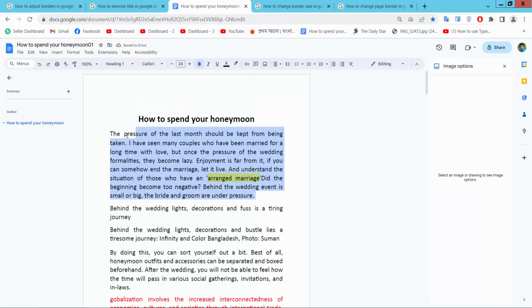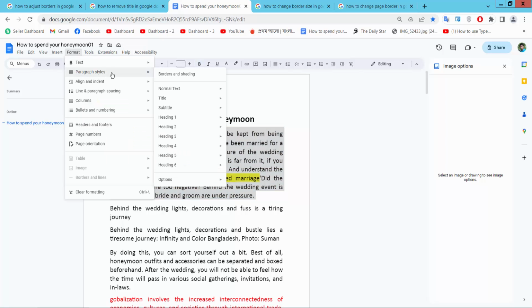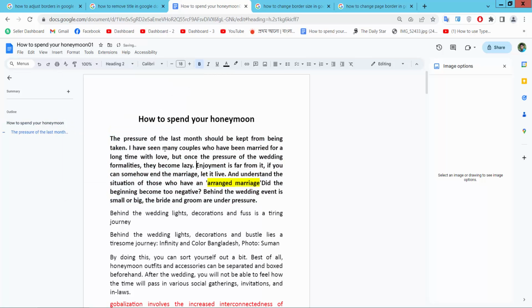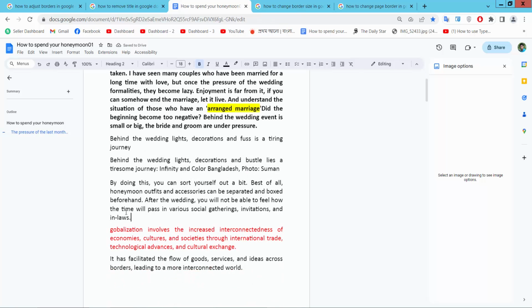Also I will apply heading these paragraphs. Format option, paragraph style. Second heading, I will apply and see this. Also I will apply heading here,